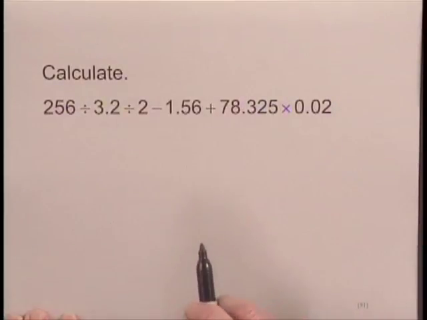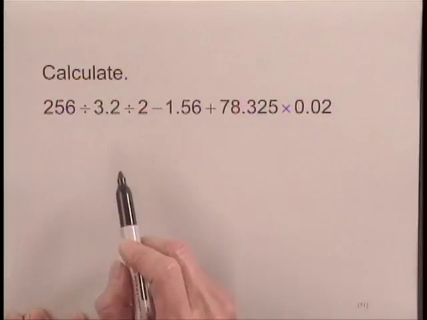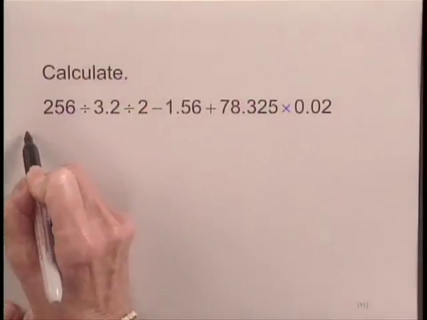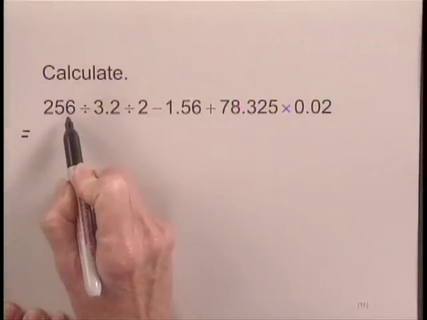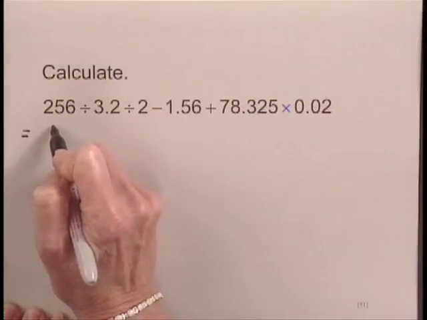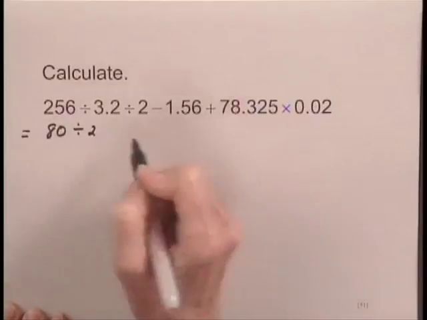And the order of operations tells us that we multiply and divide before we add and subtract, and that we multiply and divide in order from left to right. So the first thing that we'll do is to do the division 256 divided by 3.2, and that quotient is 80. So we have 80 divided by 2